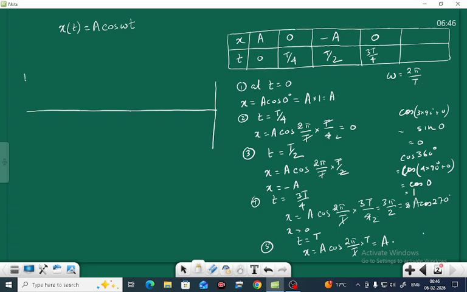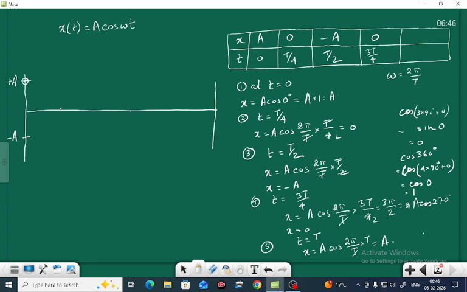This is a straight line, and you see the x is plus A, meaning plus amplitude, and this is minus A. So for t equal to 0, the value of x equal to A, so we get this point, right? For t equal to T by 4, we divide this part into 4 equal parts,